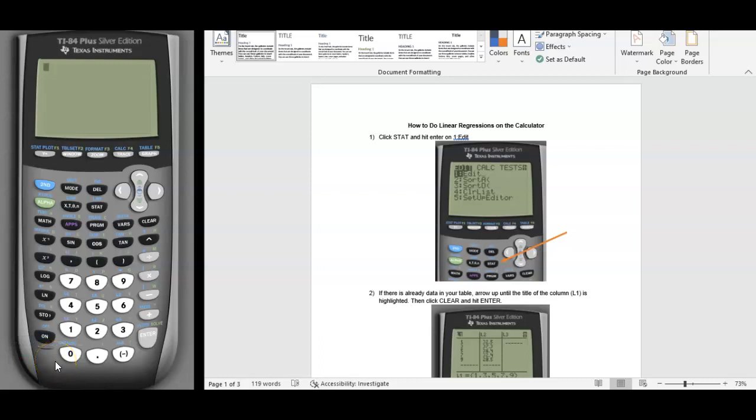So in this video, I'm going to show you how to do linear regressions on your calculator. So you're going to start off by clicking Stat and then choose option 1, which is Edit. So you can see in L1 and L2, I don't have any data, but if you do have data for